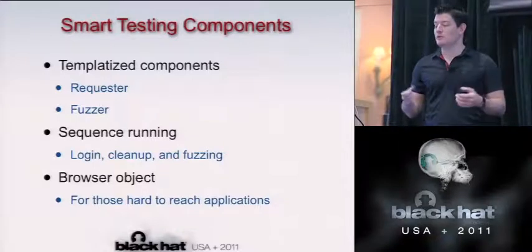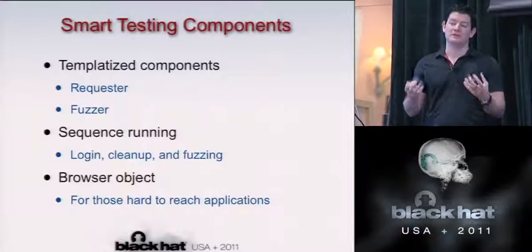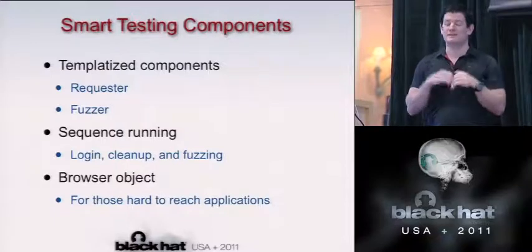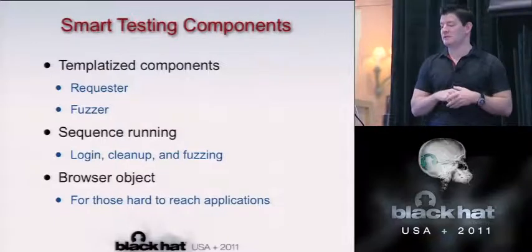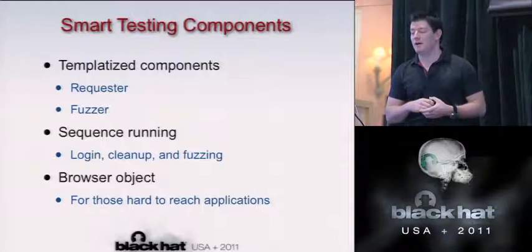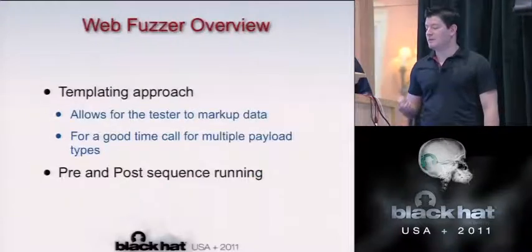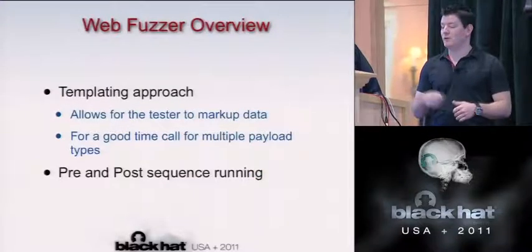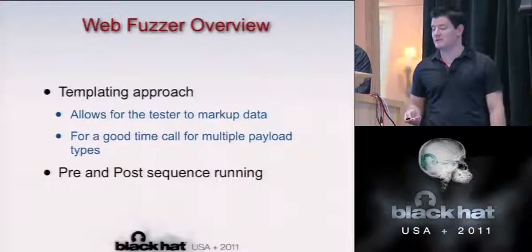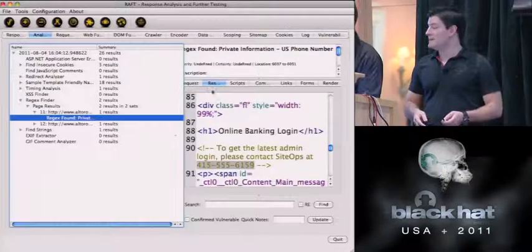We also have sequence running, and we're using an actual browser object, so we have visibility into things, such as DOM fuzzing. Those are the kinds of things we can do. And we use a templating approach to allow you to mark up and then run pre and post sequences. So just to give you an idea of what this looks like,